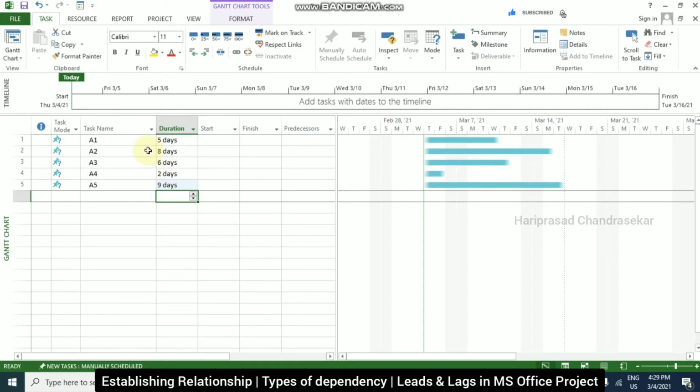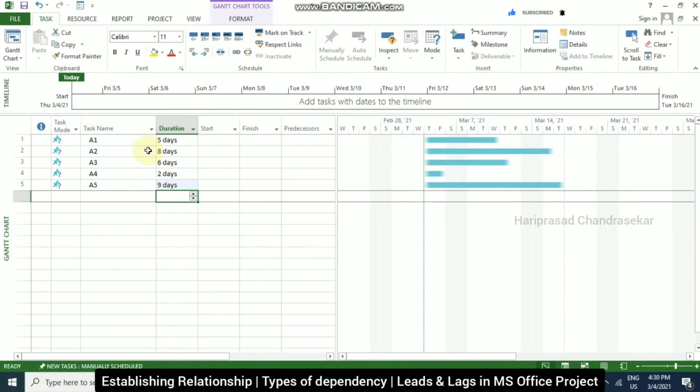A relationship establishes the dependency between any two tasks. Tasks with dependency relationships are always linked together. A task that must occur before another task, we call the predecessor task. The task that occurs later in this relationship, obviously we call it the successor task. Any task can have multiple predecessors or successors.